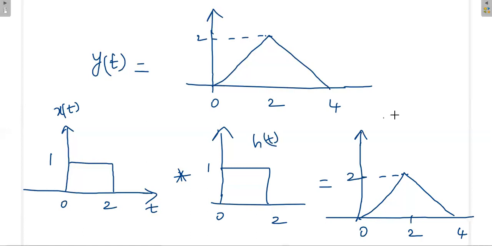Now, what is the observation? When we do the convolution for rectangular signals with equal duration, we'll be getting a triangular signal. Then how to decide the total limit in the time domain? See, individually this is having limit from 0 to 2, this is also having 0 to 2, again this is going from 0 to 4. So how to decide the limit first of all?